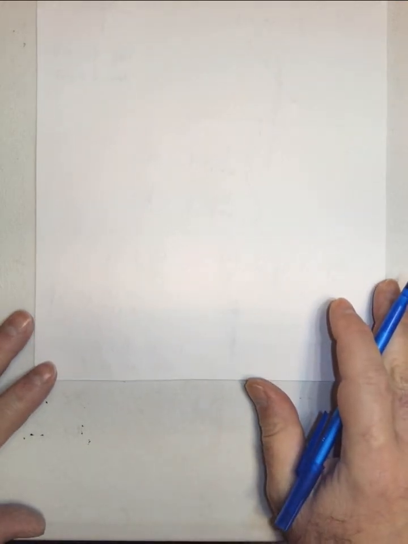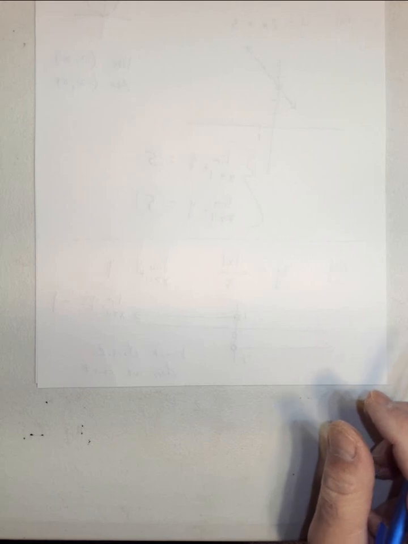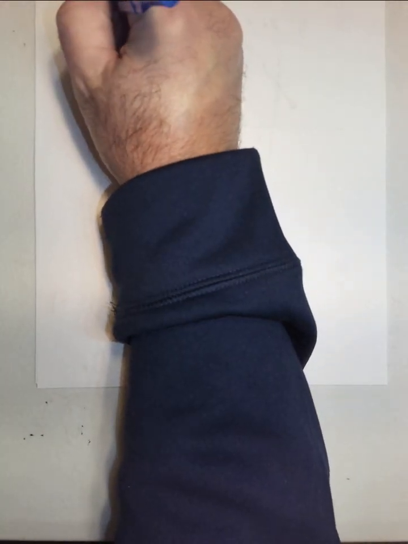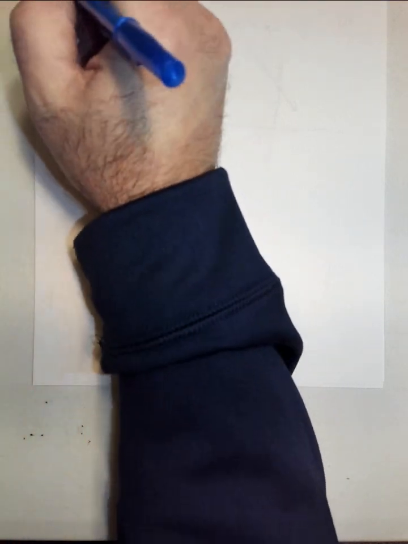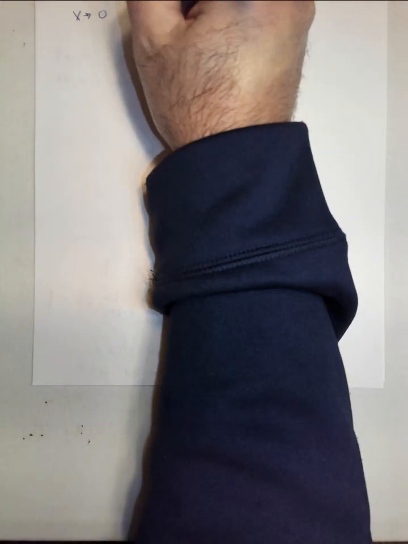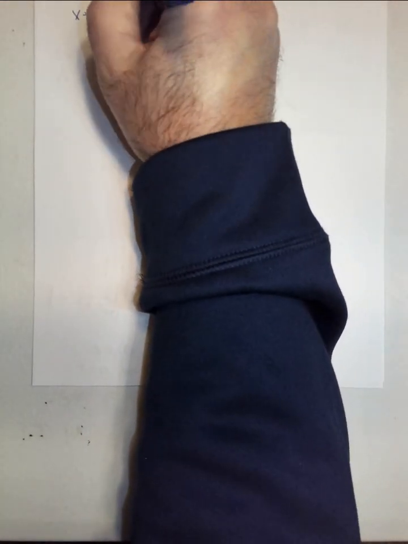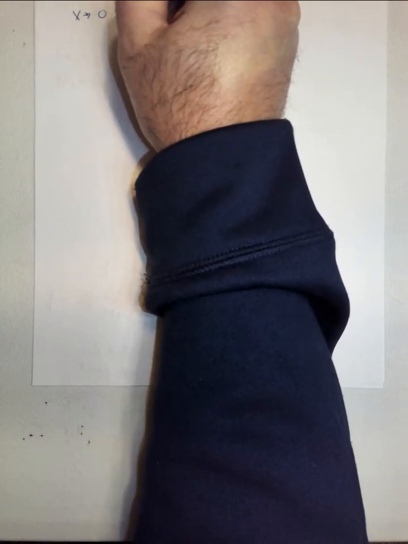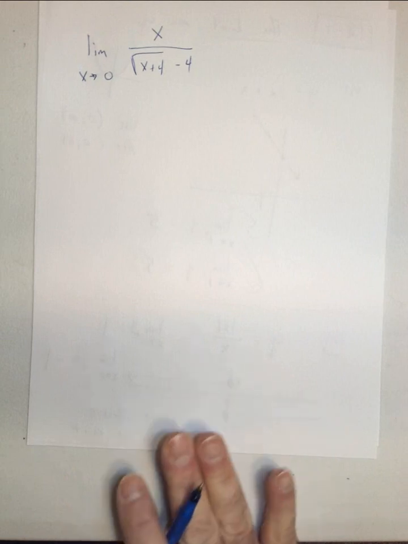In the first section here, they use a lot of charts, and they want you to take a look at different limits and seeing what those limits might be. So there's going to be some times when you're probably going to need to use your calculator. For example, let's say we're trying to find the limit as x approaches 0 of x over the square root of x plus 4 minus 4. Okay, so